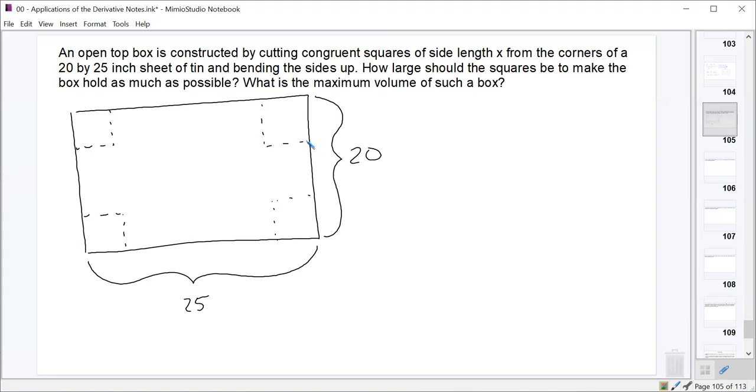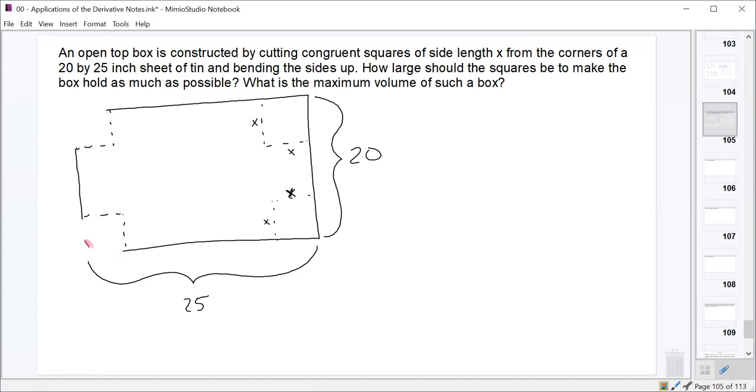We don't know what length. We call it length x, and they're all the same. So this is x, and this is x, x, and x, and so on. They're all of length x. And so when we do that, we'll have removed these little pieces here,